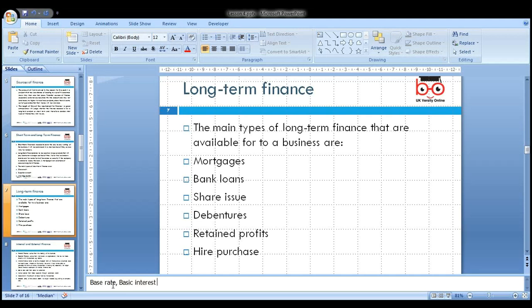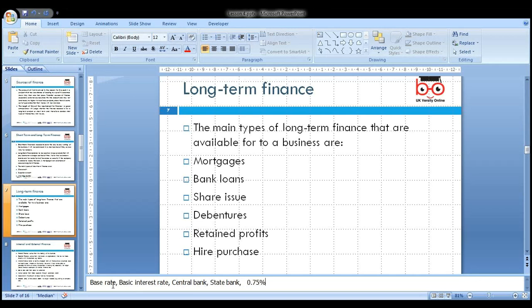Base rate, or what we call basic interest rate, is normally set by the central bank, and in other countries is known as the state bank. So they set the base rate. We have a base rate in the UK of 0.75%